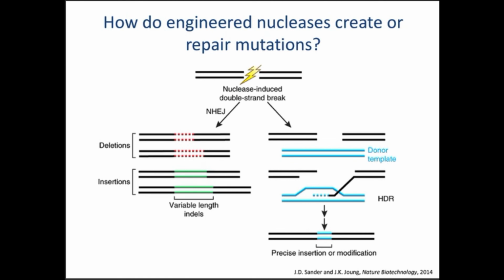Here's what people always forget: after you create the double-strand break, you basically let the cell do the work, right? The cell's actually doing the rest of the job for you. And cells basically heal double-strand breaks in 2 ways. 90 to 99% of the time, it's through non-homologous end joining, where they just grab the 2 free ends and stick them together. It's not perfect, and so occasionally you'll get deletions or insertions, and that's a good way to disrupt genes.